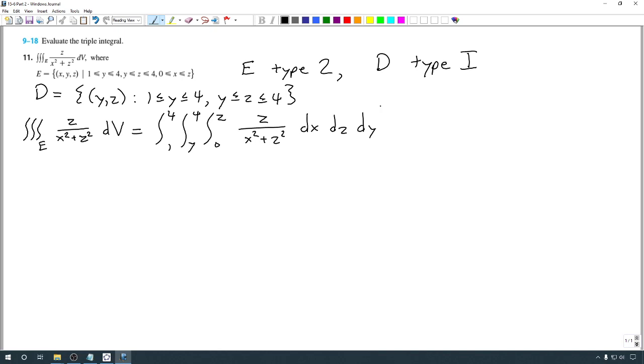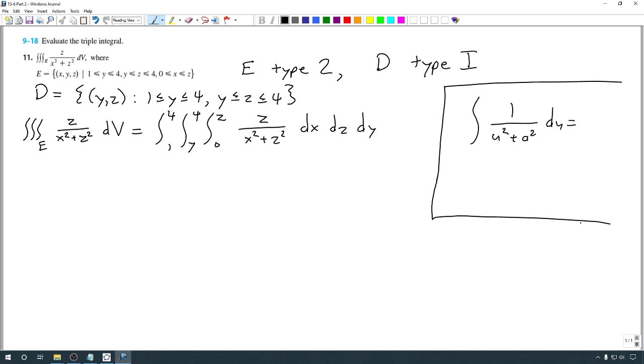And just a reminder to you, recall that we do know how to integrate 1 over u squared plus a squared du. This is actually a standard integral that we know how to do. And if you don't recall what this is immediately, there is a table of integrals in the back of the book, in the reference pages, so if you have a physical copy of the book, they're the stiffer pages at the back. And if you look on reference page 6,